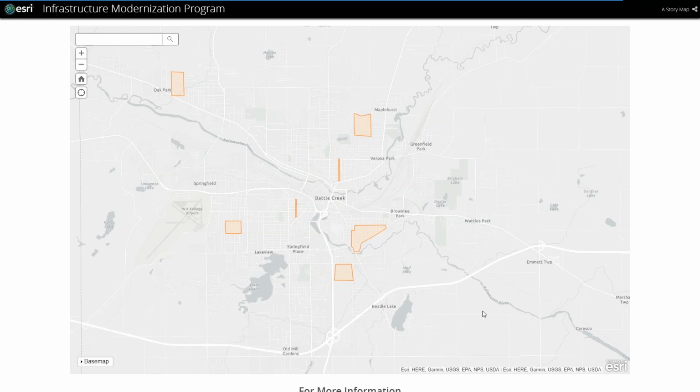So a story map is really a very easy way to combine a lot of material and give almost a quick presentation that covers a long range of things. I used a graphic to humanize our utility. I used some text to update the public on why we are doing these construction projects. I know it's annoying, but we're not doing these for fun. We're doing these really because we want to provide a better service to you. And then finally, we end on the map, the common medium, the real connector between the utility and the public